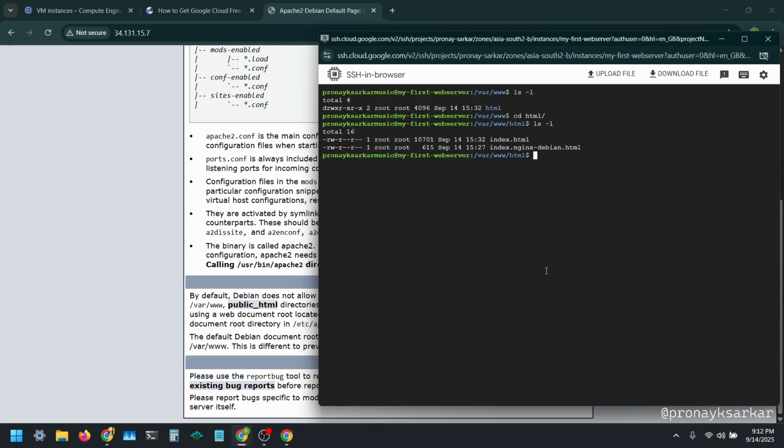We are going to delete the index.html page. For that you have to type sudo rm index.html, hit enter. You see the page has disappeared.